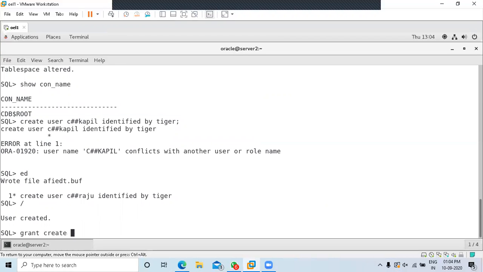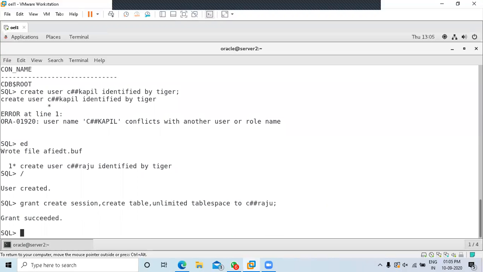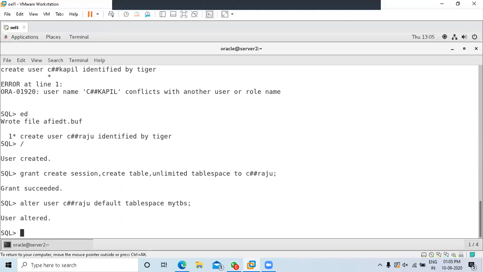Grant create session, create table, unlimited tablespace to C##Raju. Alter user C##Raju default tablespace MYTBS. Good. Connect to the user C##Raju. Password is tiger.